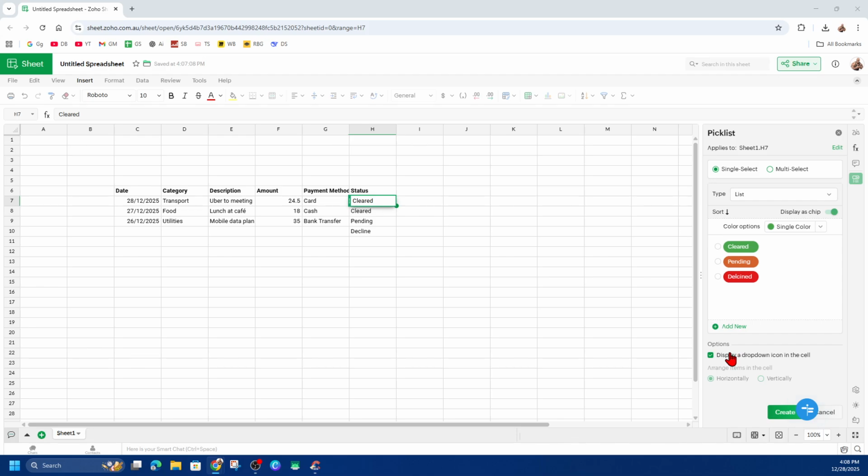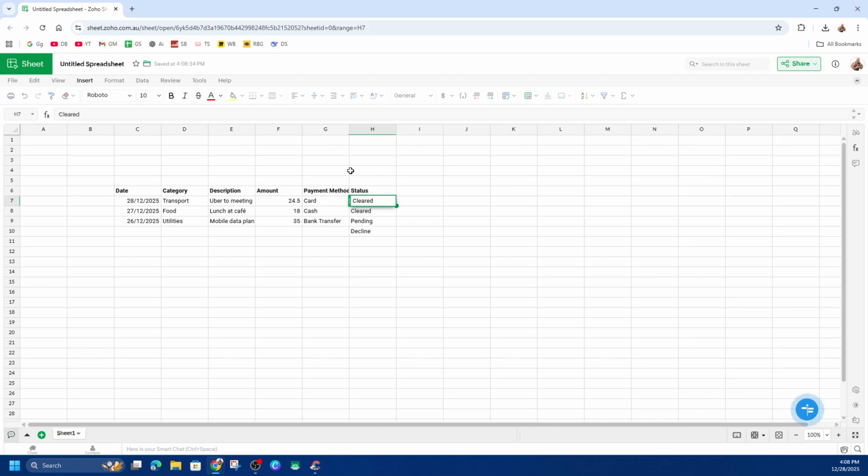Now if we go ahead and scroll down, we've got the option to display a drop-down icon in the cell. We can enable that or disable it. I'm going to click on create. So if I go in and click onto here, click onto that, I can go ahead and change that to